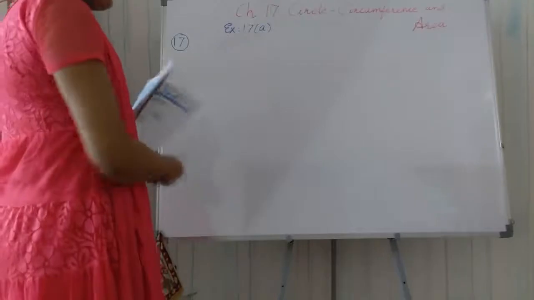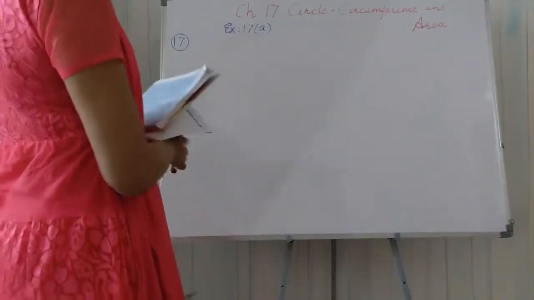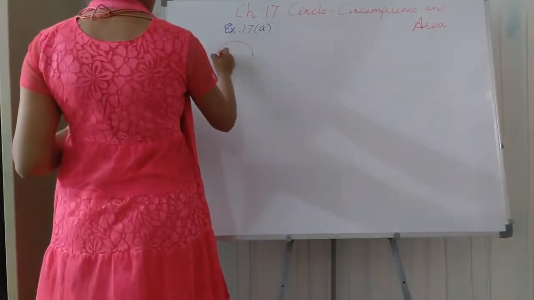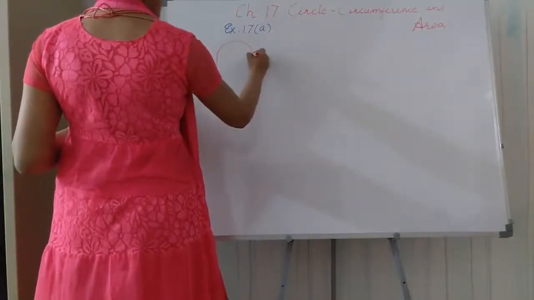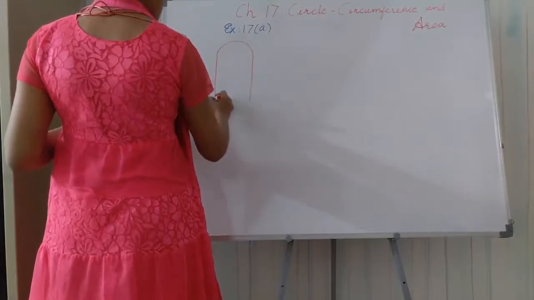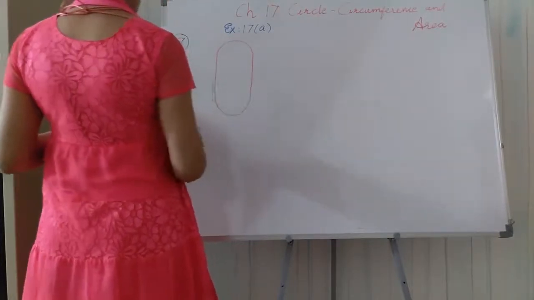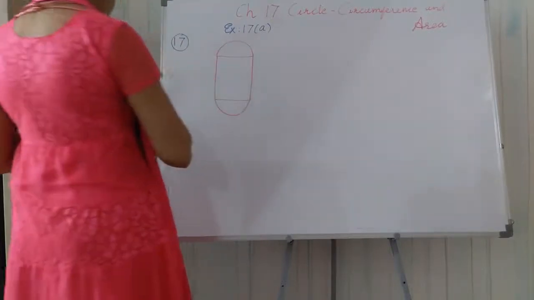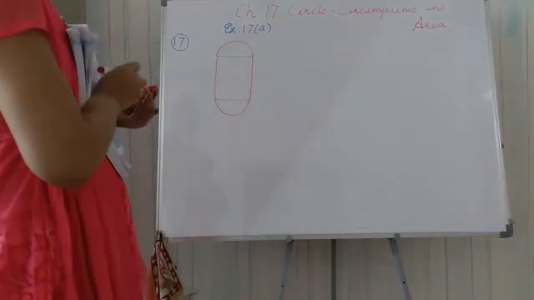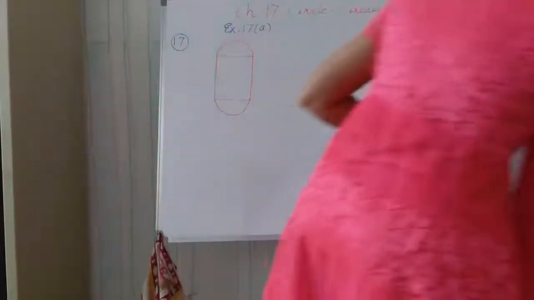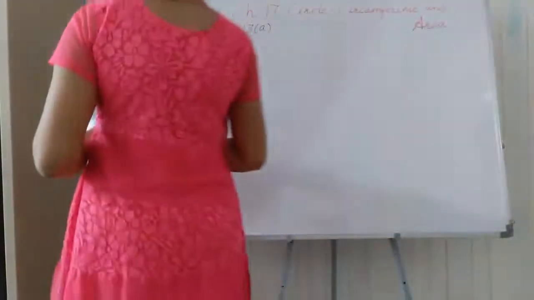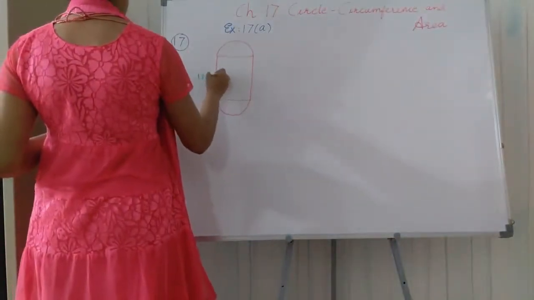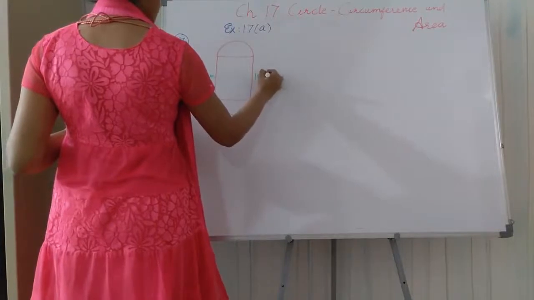In this question, students, we are given one figure here. So I am drawing the figure first. Here this is the circular part and this is the straight part we are given. Another circular part here. So these are the diameters given to us in the question. Now the measurements are also given here that I am writing here. This part is 100 meter and the opposite also the same 100 meter.